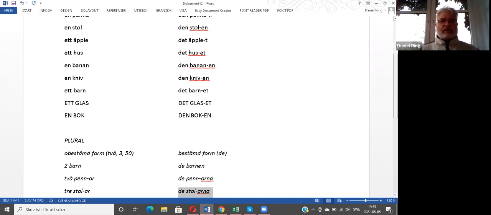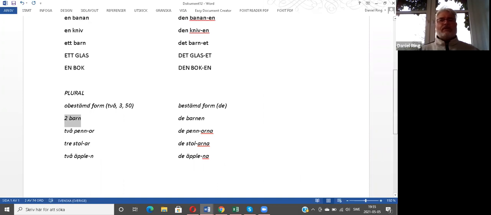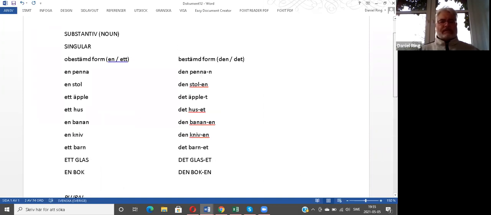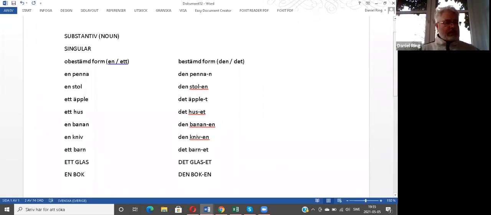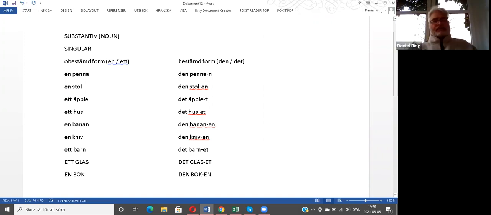So if you continue to look in the plural form, you notice some examples how the noun behaves: ar, or, er, en, orna, arna, na, or sometimes even no suffix at all. But for today, we are focusing on substantive, singular, and the 2 forms. And on page 33, you'll see a little collection up here in the green box. And you also see how you can sort them out in decisive and undecisive form, using then the text on page